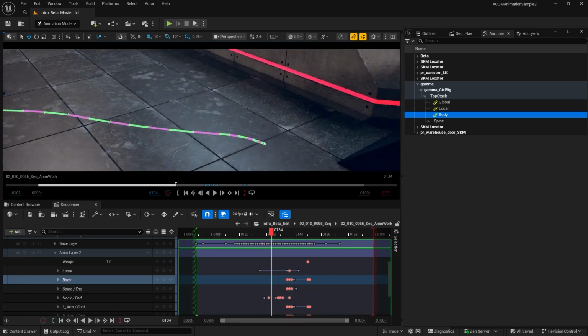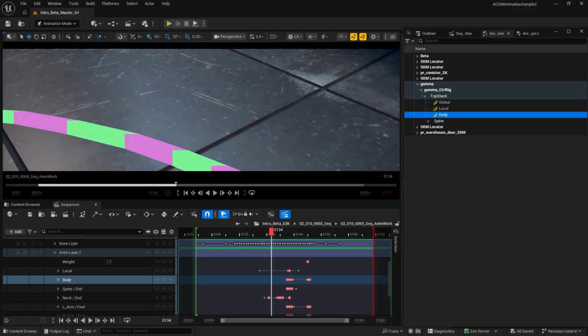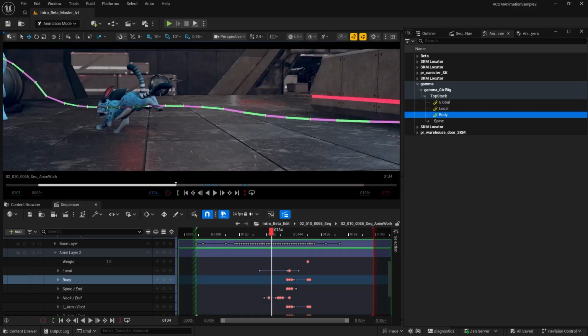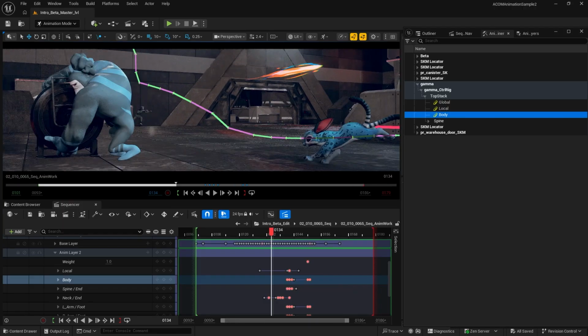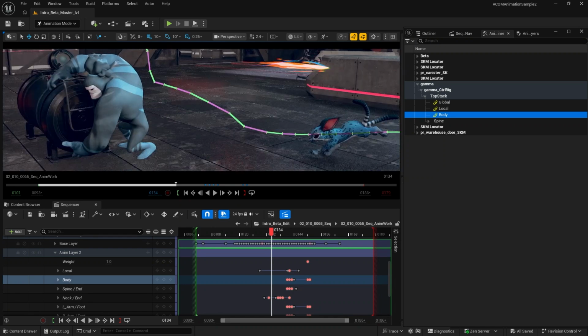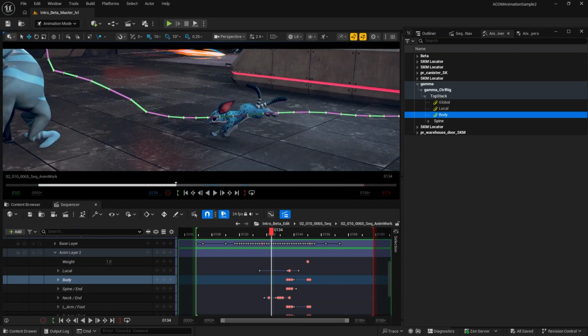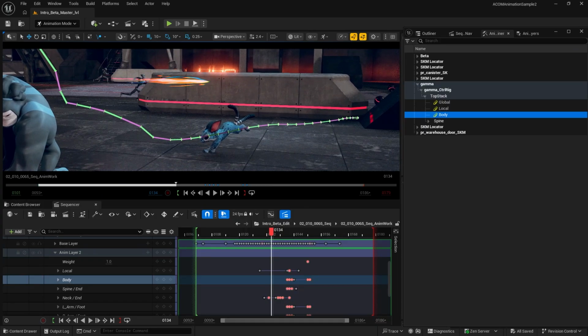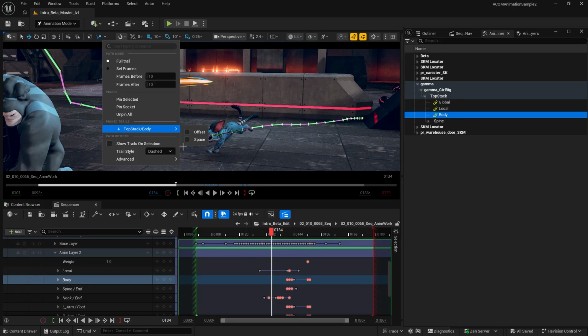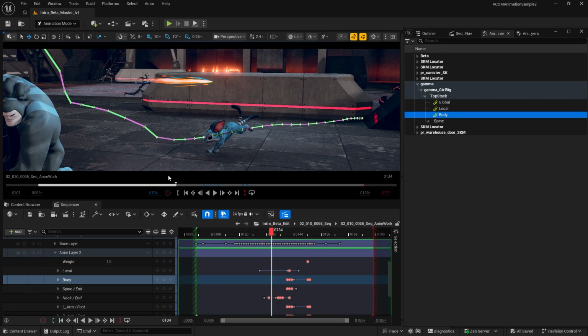You see that the distances between certain keyframes are a little bit longer, and between different two keyframes the distances are also different. This also is very much related to the basic animation principles when it comes to animating characters, especially in fast motions. Another good thing would be the time option.